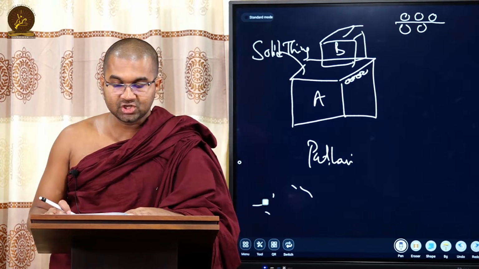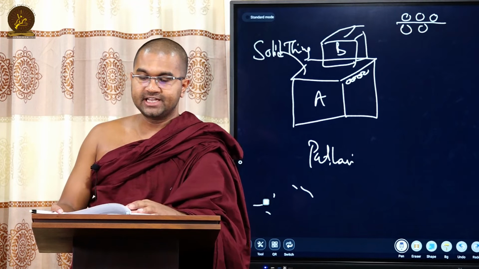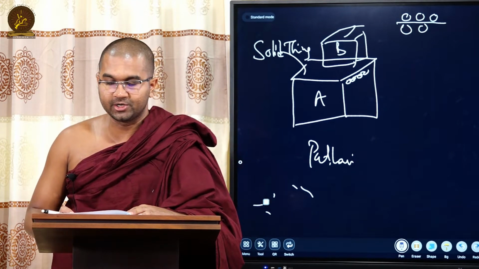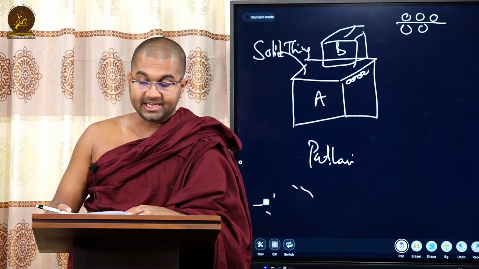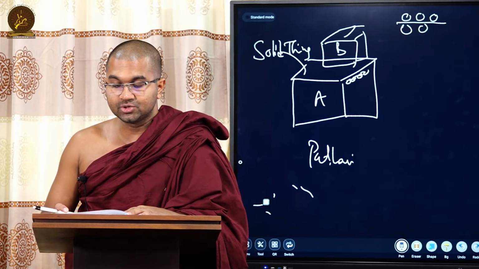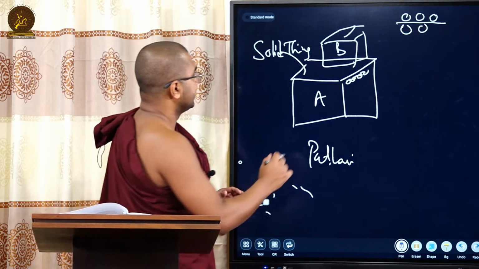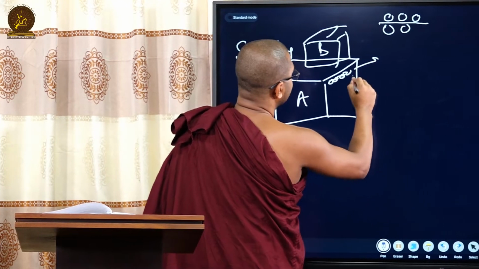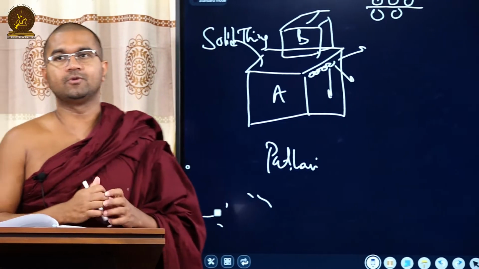Right? Then a solid has its own shape. It's not scattering. It does not change its shape according to the space it is put into, as a liquid does. It has a specific shape. Particles in a solid do not scatter in space. It is not easy to separate solid particles as they are bound with each other. We know that. It's not easy to separate particles. Why is that? There is a bonding force.